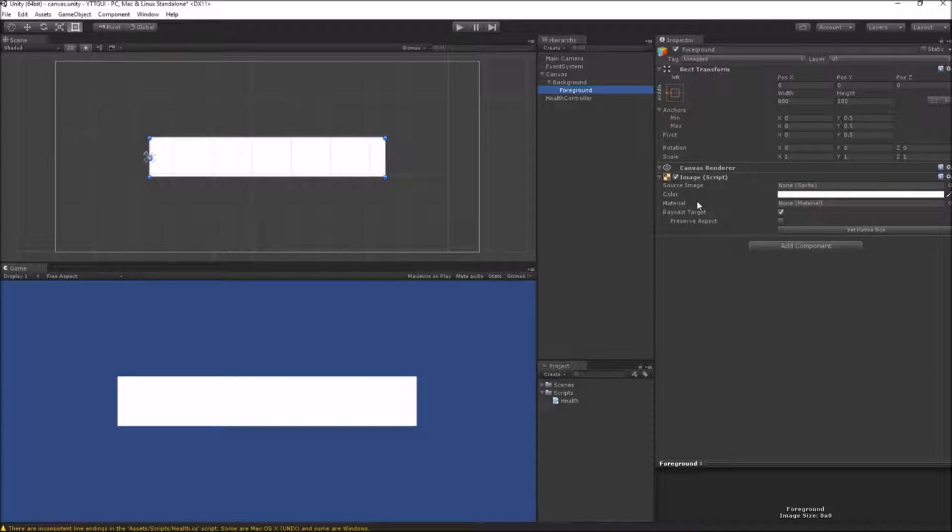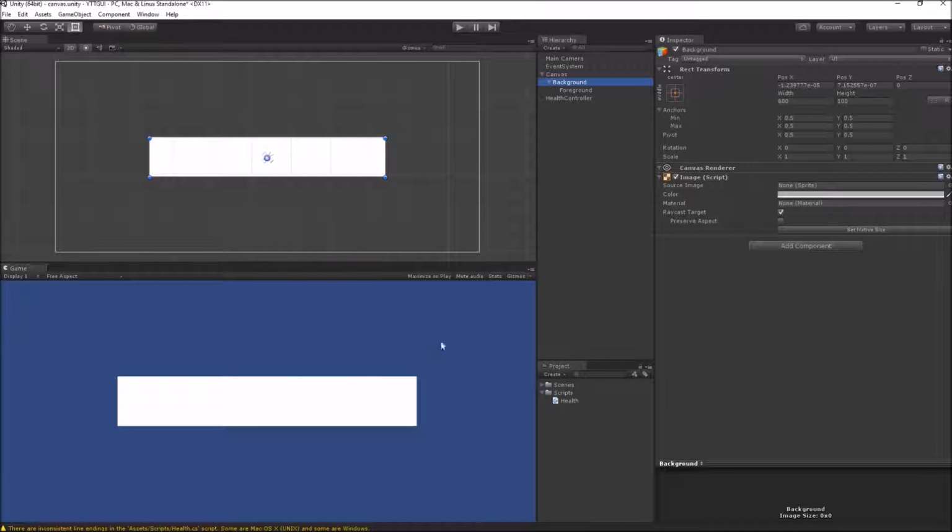The panel UI element is exactly the same. However, instead of using it for your health bar or other sprites on your screen, panels are mainly used as a background of collection of UI elements, or they are used as a parent to a set of UI elements which are grouped together in your scene.